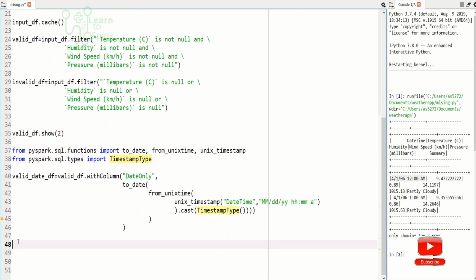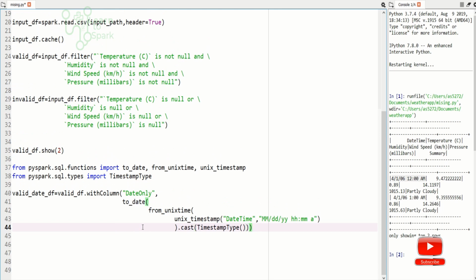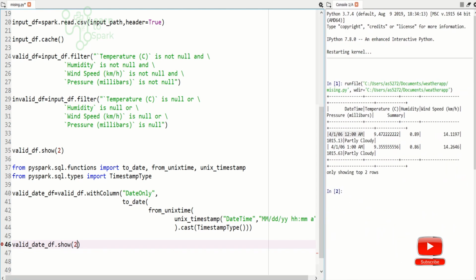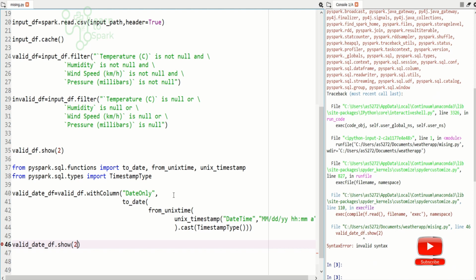Let us give a show command. valid_date_df.show, and again I will put 2 records along. Let us see what is the output.